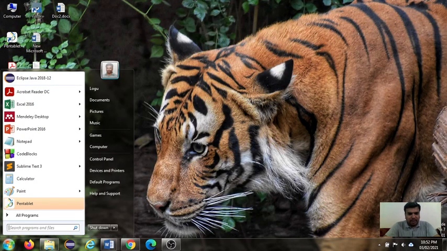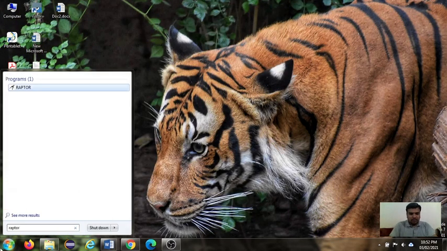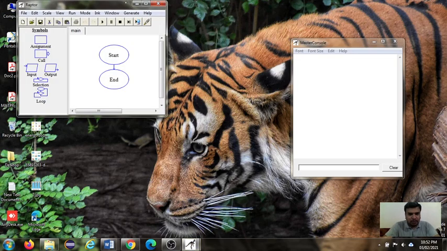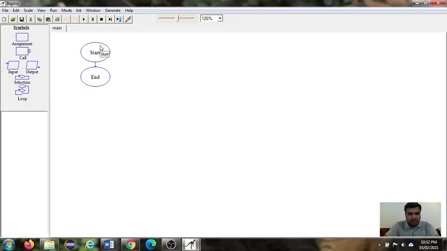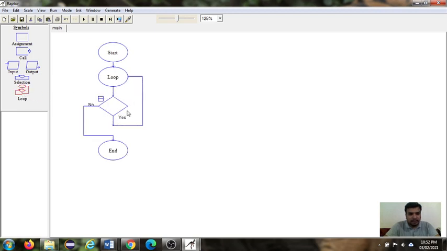Now again open the Raptor tool. Yeah, so this is the default project with the start and end symbol. Now you just drag and drop the looping symbol. Just see whether you are able to note the difference between the previous looping symbol and the looping symbol which I have created now. So now the looping symbol will work for the true condition and it will exit for the false condition, right? So this will be easier for the